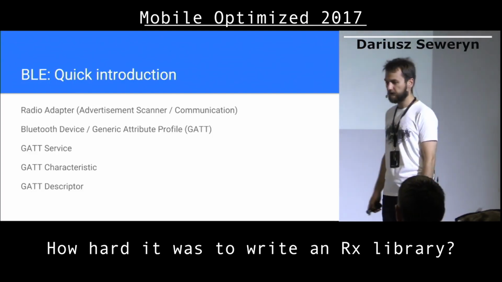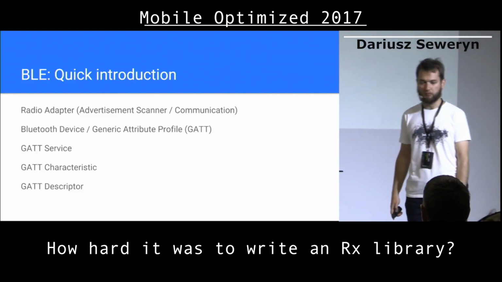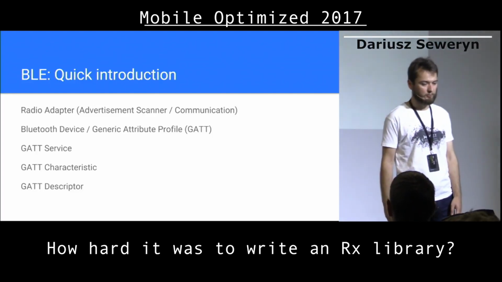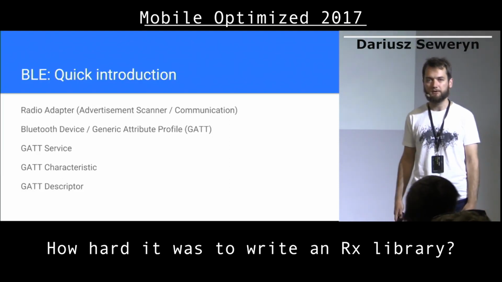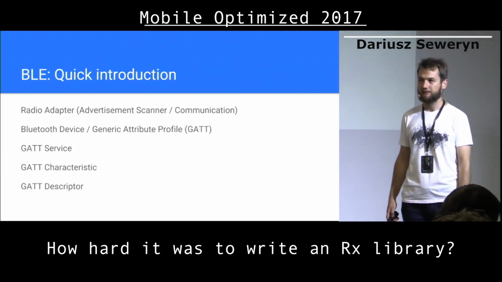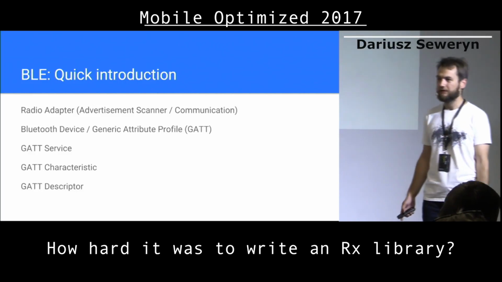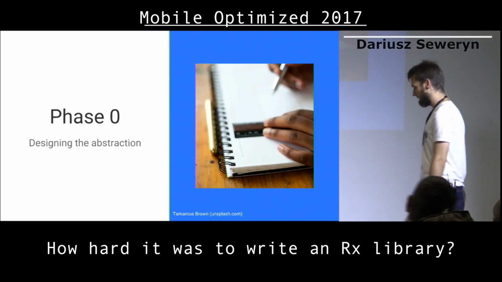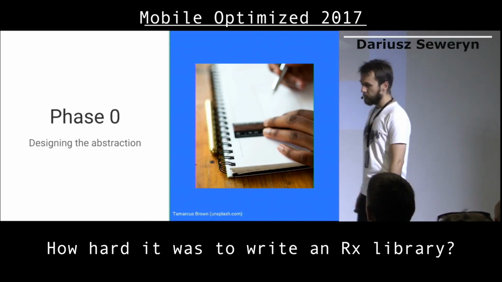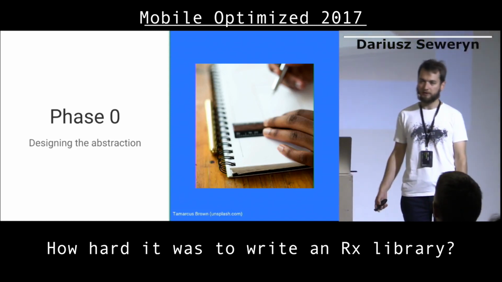This is something that usually was the main culprit for applications on Android that were not getting high ratings because of errors on the communication level. All right, so when dealing with a new RX library